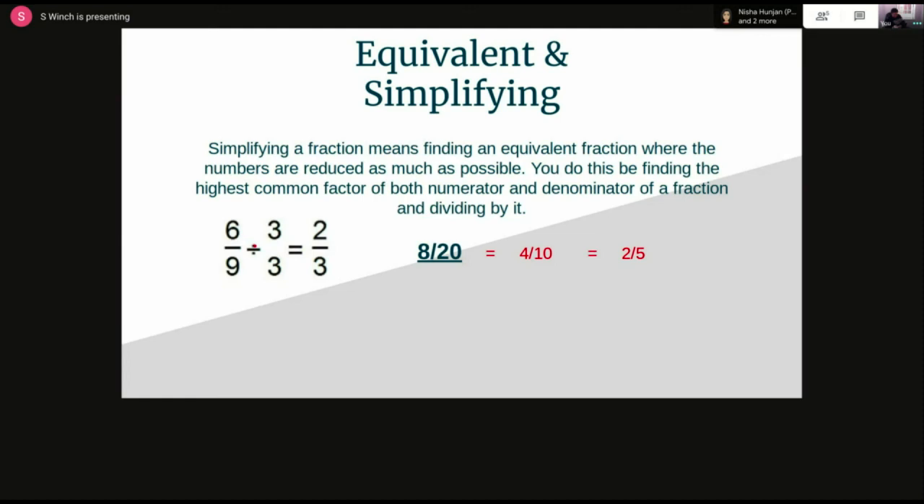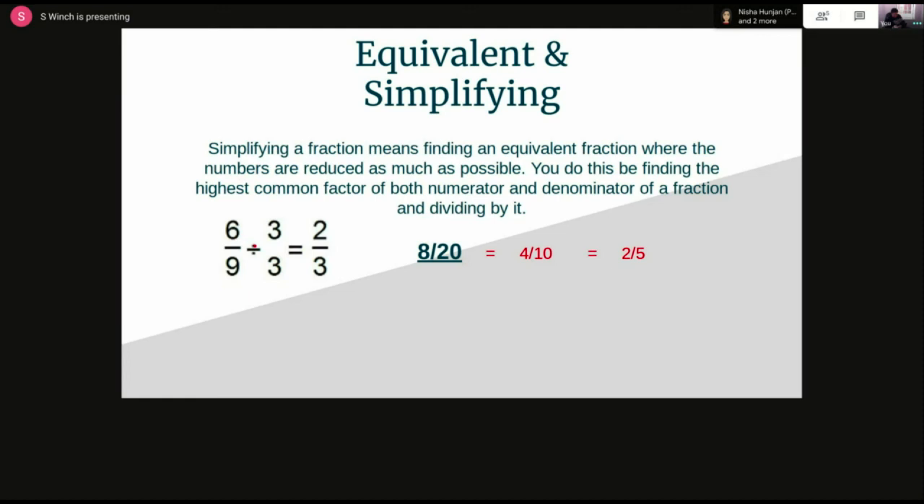And 4 over 10 is equivalent to 8 over 20. But in its simplest form, you'd write it as 2 over 5. The highest common factor of 8 and 20 is 4. So if I divide both 8 and 20 by 4, then straight away you get your smallest fraction in simplest form. Okay,